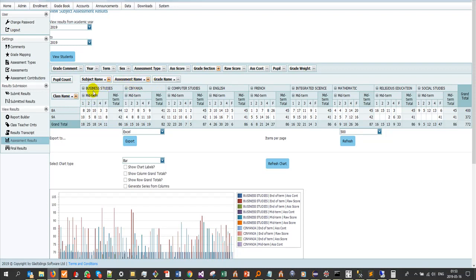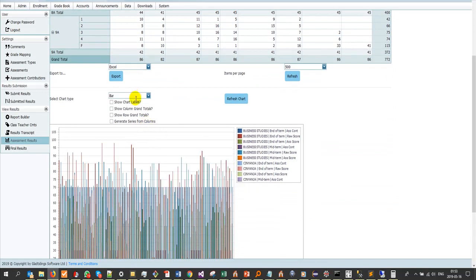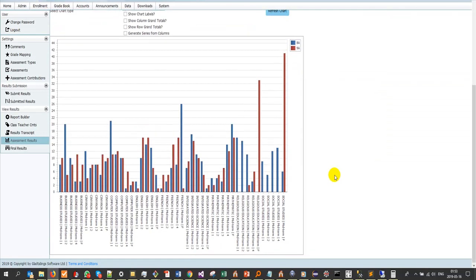we probably need to move so we know that we are looking at midterm. We can remove that, so we can put the grade names back this side, and then we can do a bar chart. Just refresh the chart. If you click refresh chart, then it generates a chart. So you can see blue is 8A and red is 9A, and then you can see there. So it may not be very nice because of all these